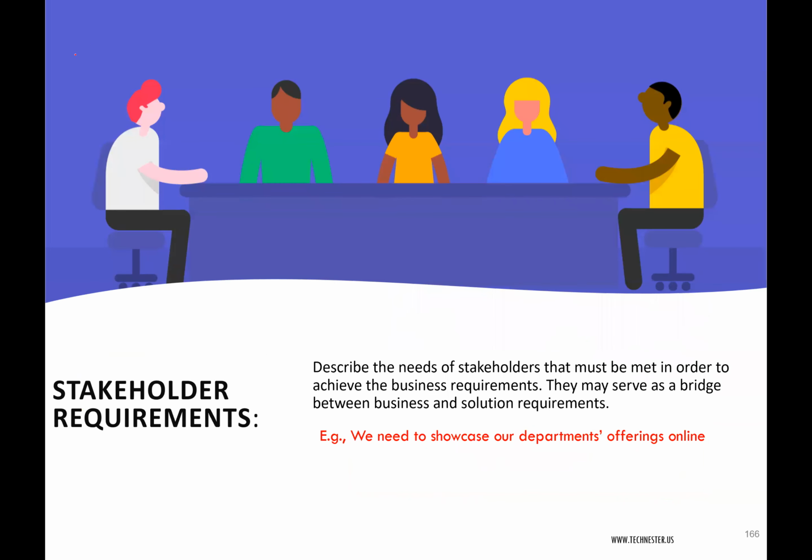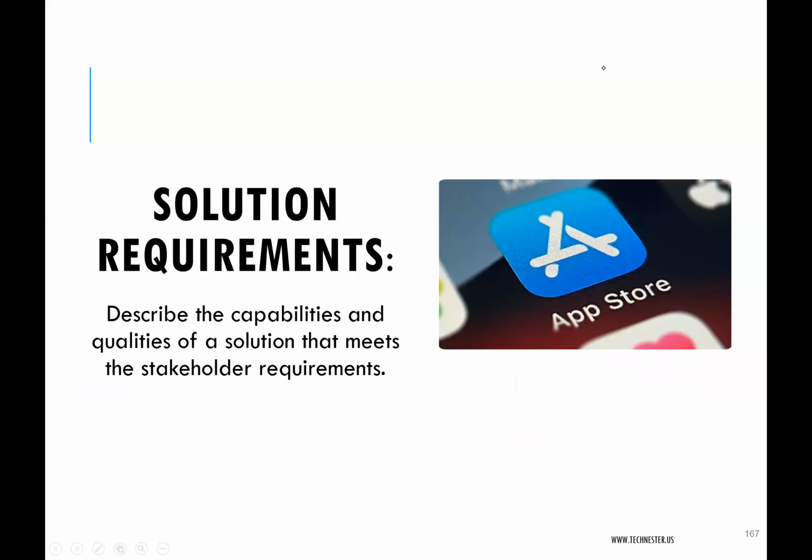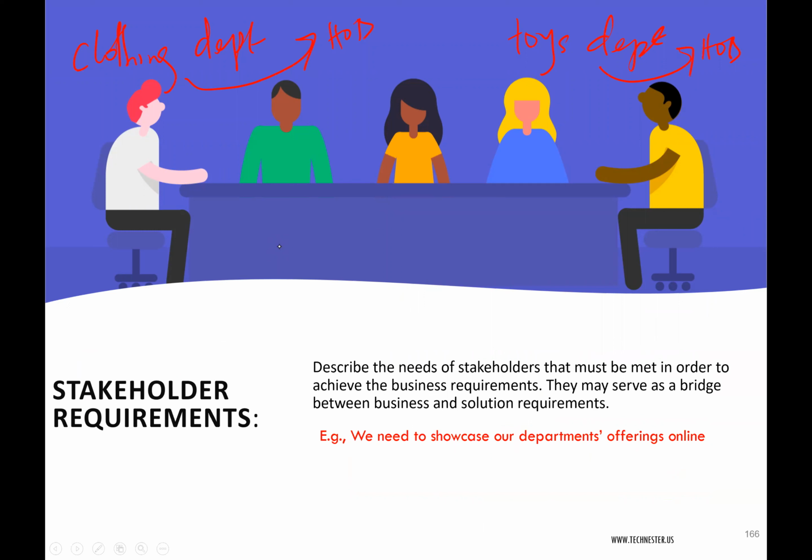They may have the clothing department. They may have toys department, right? And all these departments, maybe they have their department heads, HOD, head of department. This one has his own HOD. Let's assume these people are our stakeholders, the HODs,